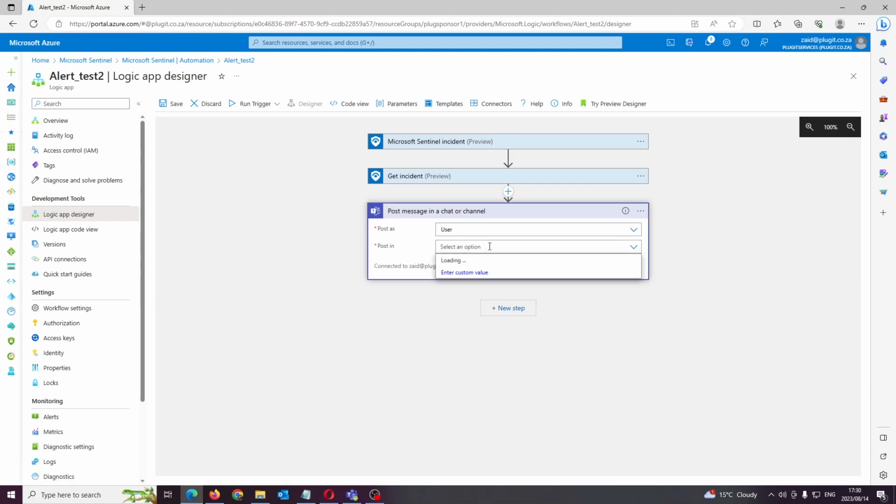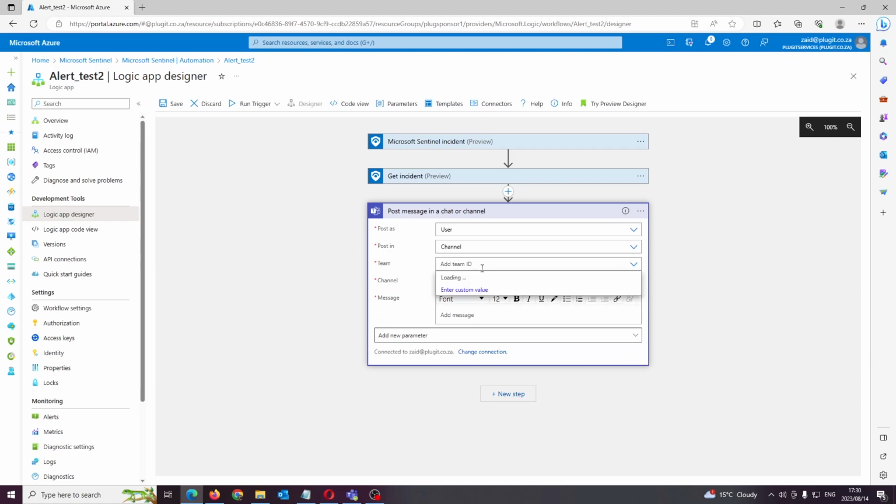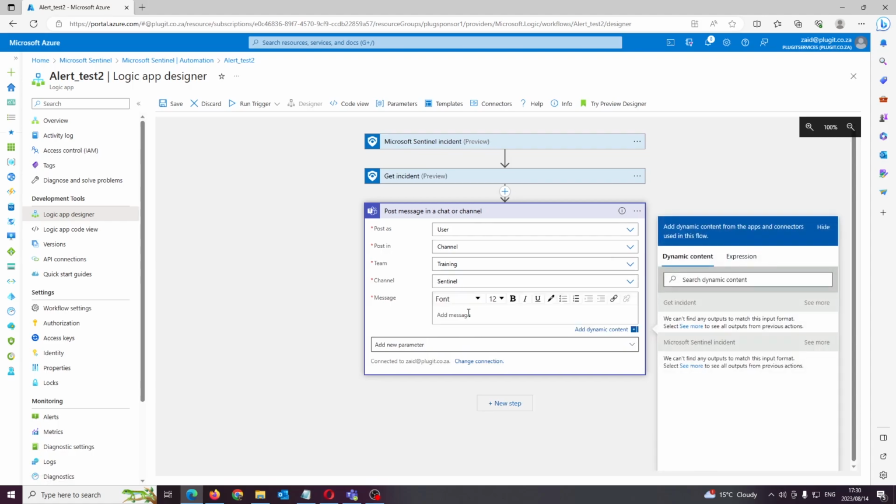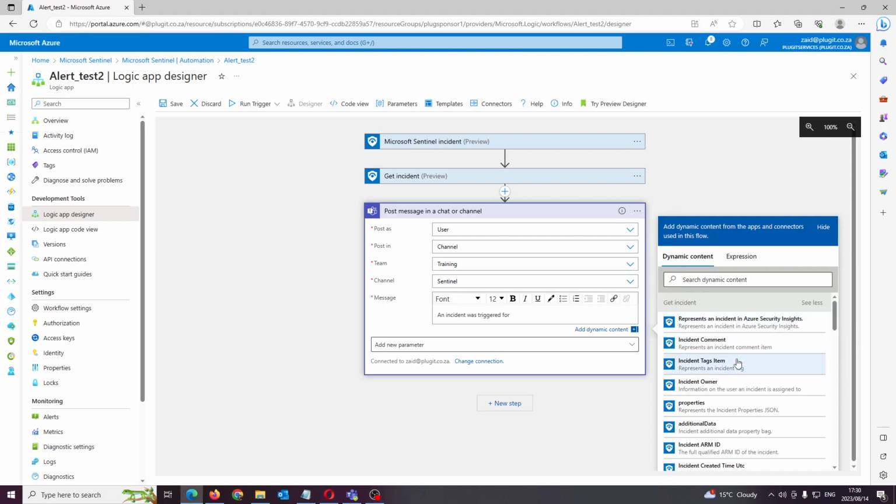All right, now this is the easy part, because we just get to select whether it's a group chat or channel, and then of course naturally it's going to ask us the team ID. So I'm just going to leave it on training, and also once again I'm going to select the channel, make it Sentinel, and just for fun, I'm going to just put random data in here. Say an incident was triggered for, and I'm just going to select the incident type, so